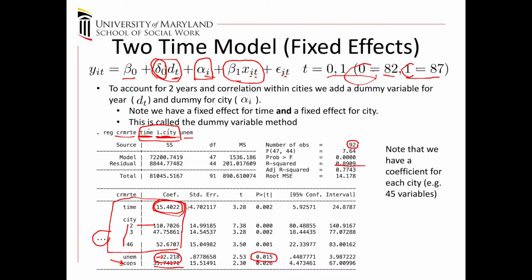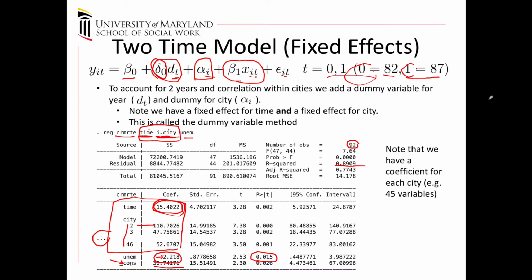We have controlled for everything that is static, whether you're in the Northeast or the South, whether you have a hot climate or a cold climate, whether you have a high proportion of white folks or a low proportion, whether you have an old population or a young population. As long as those things don't change over time,